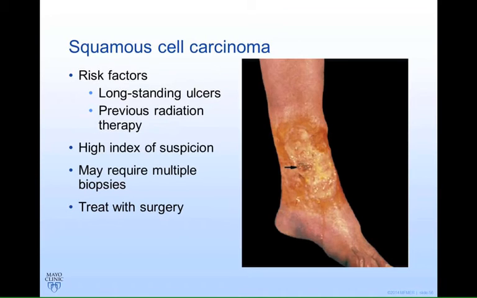And unfortunately, sometimes it really just looks a lot like the ulcer, and so we really do have to have a high index of suspicion when suspecting this. That's unfortunately also balanced with not doing unnecessary biopsies, because the more biopsies we do, the greater the chance that you're going to end up with a sore that you can't heal, especially if there's poor circulation in that area. But if squamous cell carcinoma is found, it is treated with surgery, and the amount of surgery really depends on the scenario.